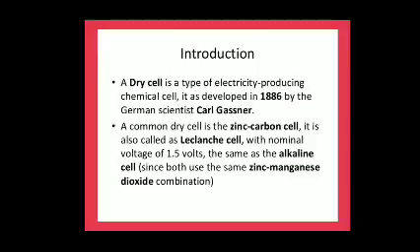A common dry cell is the zinc carbon cell. It is also called a Leclanche cell, with a nominal voltage of 1.5 volts, the same as the alkaline cell, since both use the same zinc manganese dioxide